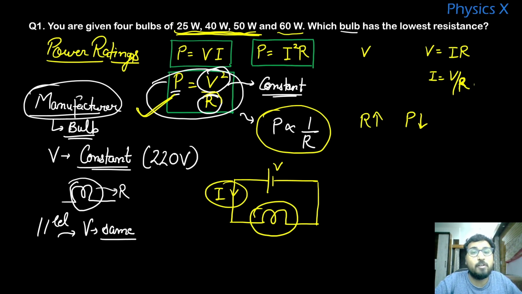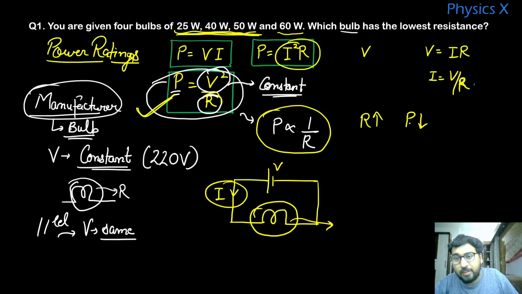Because the amount of current will be indirectly controlled, because directly by tweaking this bulb you can't comment on the current, right? So if the resistance is altered in such a way, then they can control the amount of current. So power, then the current will be controlled and I square R will be the power, right? So on the design parameter, only this resistance is the value which the manufacturer can alter and decide the power